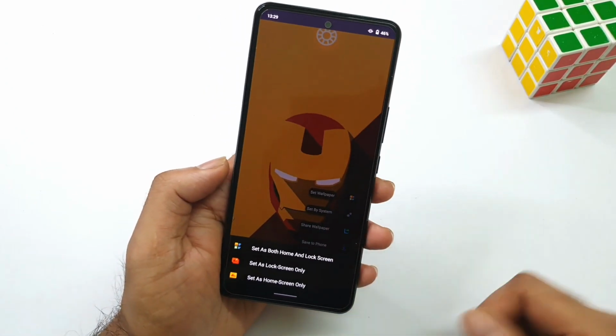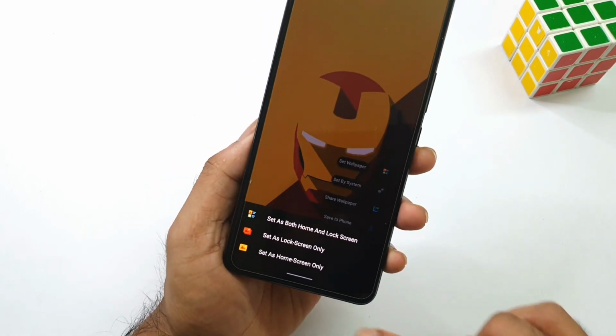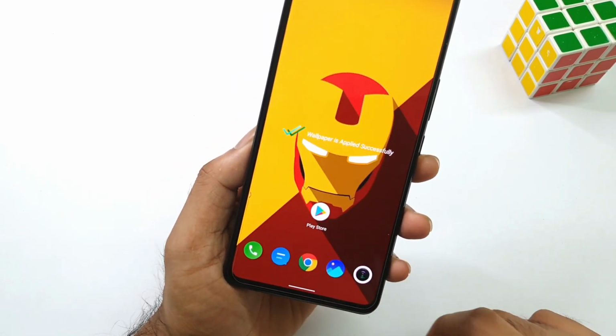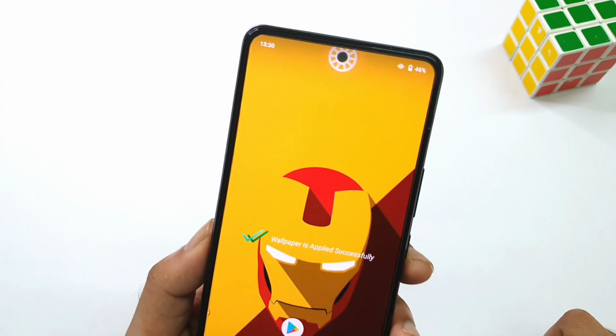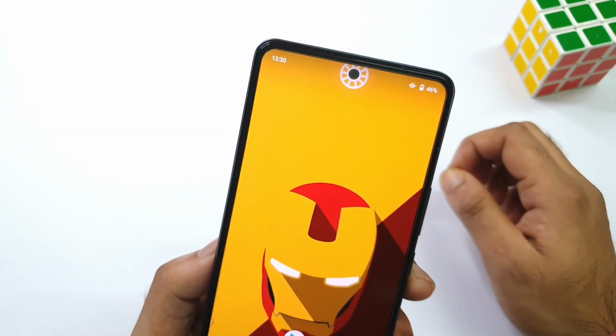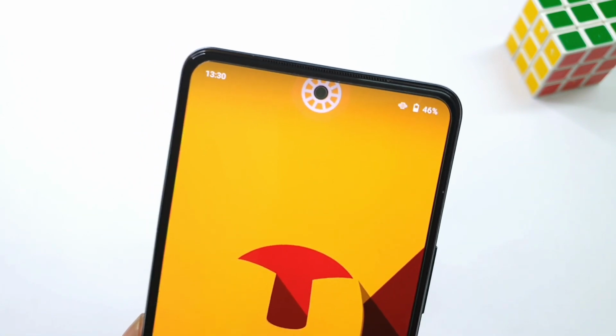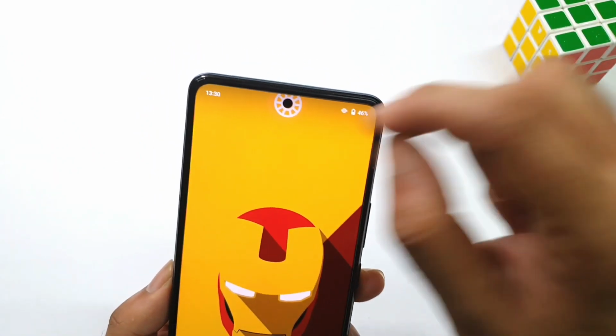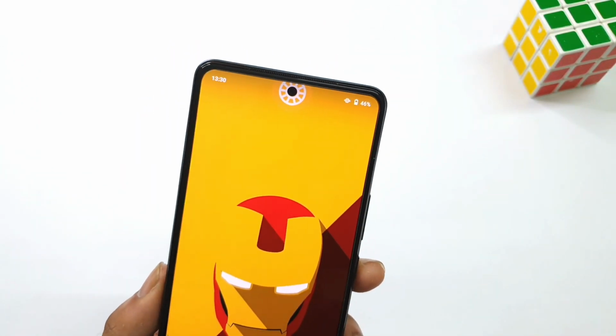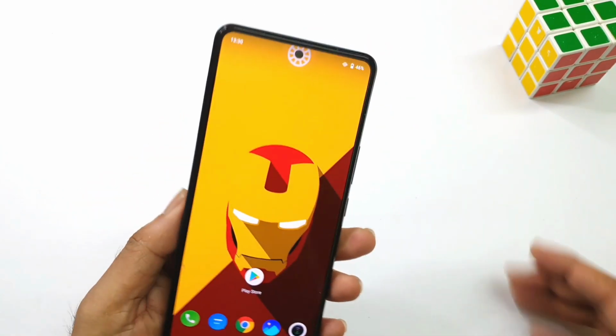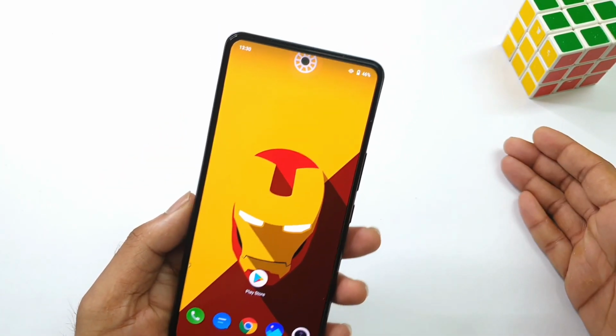Once you select a wallpaper, it's pretty simple. Click on the home only option. Now you can apply this punch-hole wallpaper, which is exactly aligned for the iQOO 7 device. As you can see, friends, not even a small miss is happening in the punch-hole location on this iQOO 7 device. It's perfect, working without any issues.